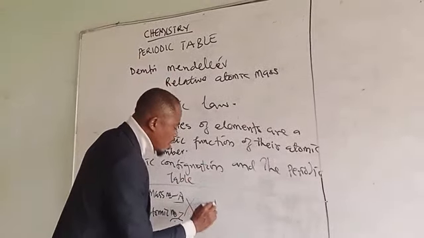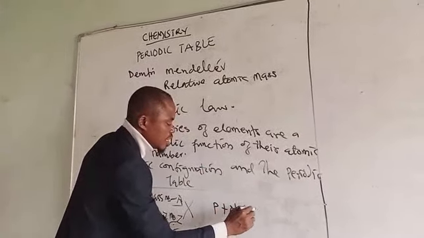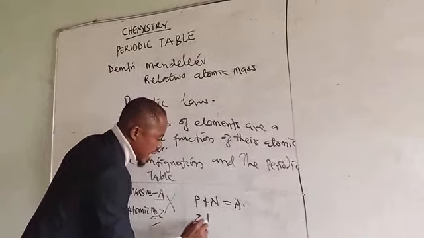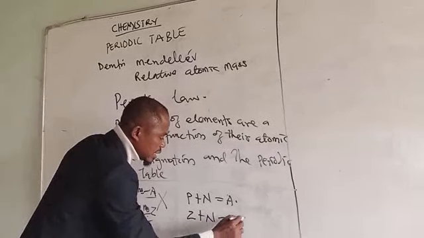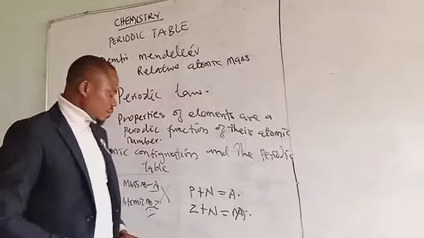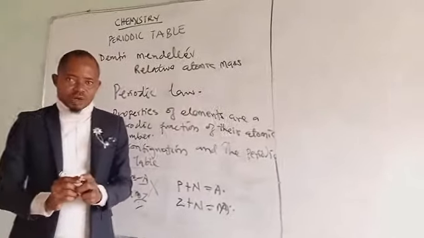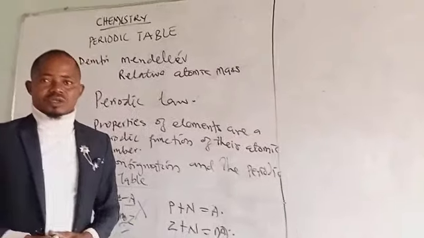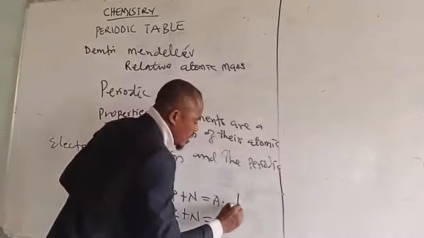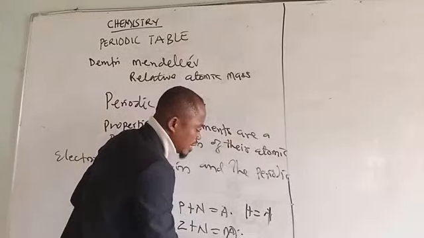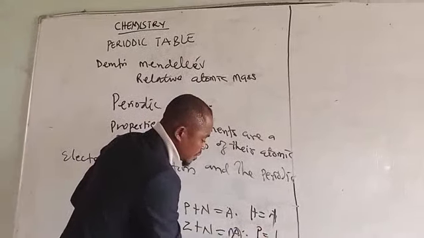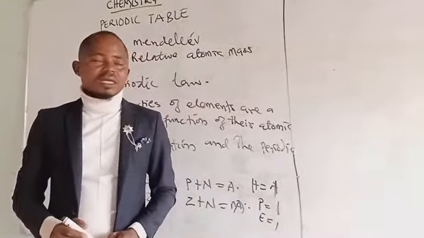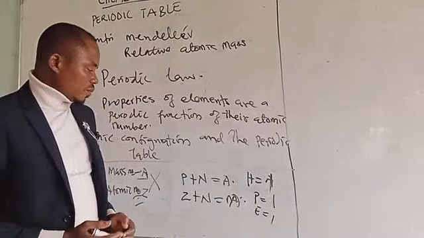So, the sum of the protons and the neutrons gives you the mass number A. And that means the atomic number plus neutrons will give you the mass number, which is A. Now, in an electrically neutral atom, you know that the number of electrons is always equal to the number of protons. So if you have an element with atomic number 1, it means that it has 1 proton and 1 electron, if it is neutral. From the Bohr's model of the atom,